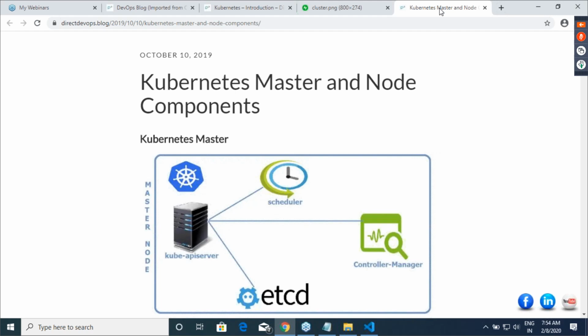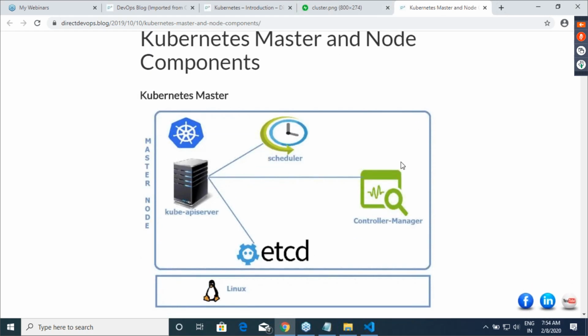So what is the responsibility of scheduler? Whenever you have to create anything which is new. So for example, you have said that I want to run 30 containers. So you want to create 30 containers. That's where your scheduler will come into play. Whenever you have to create anything new, this scheduler will schedule whatever you have to create on the nodes.